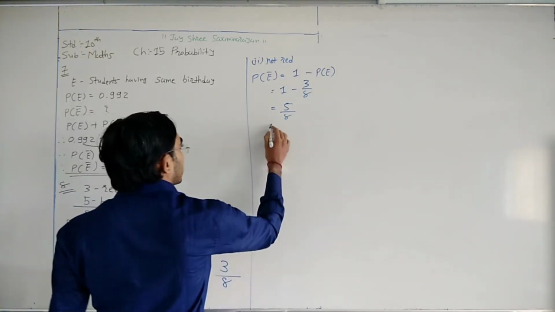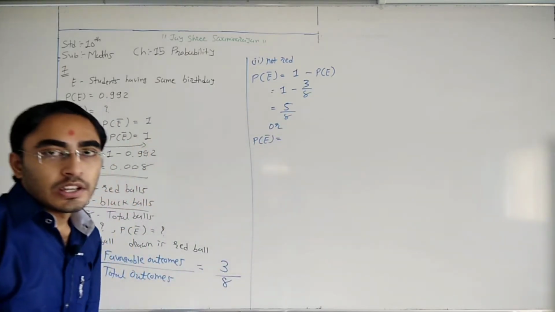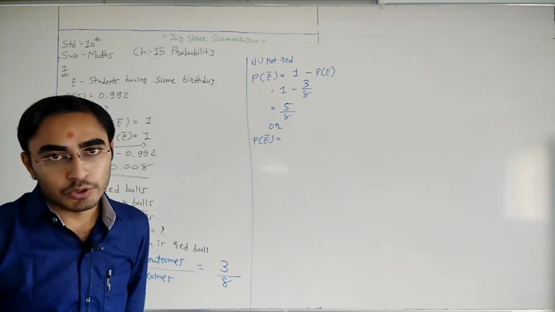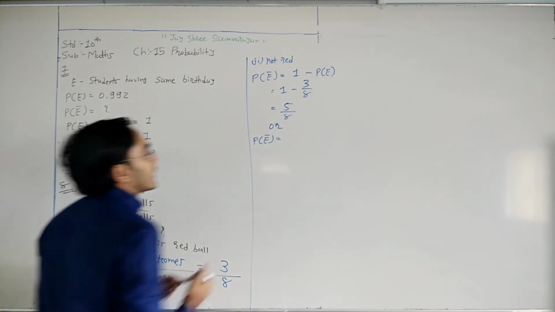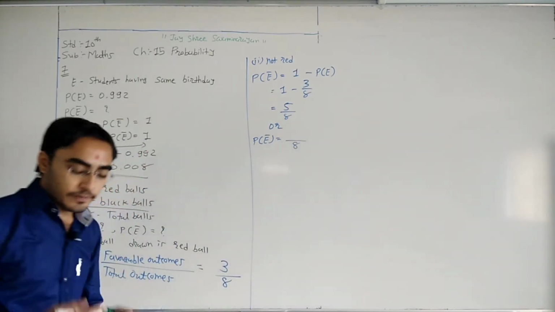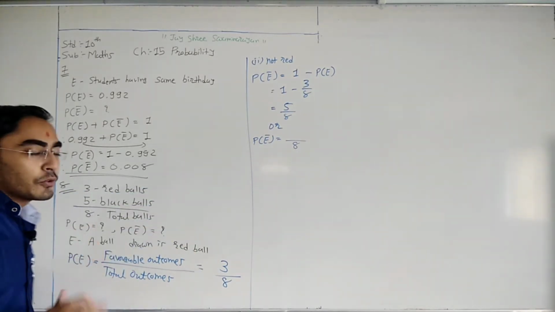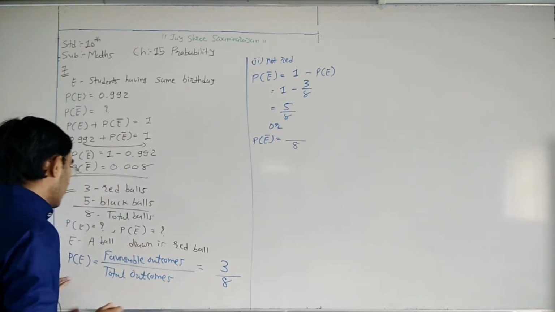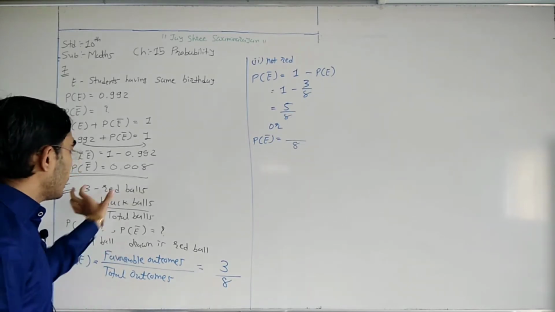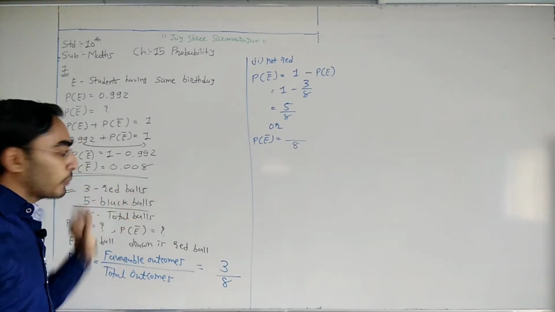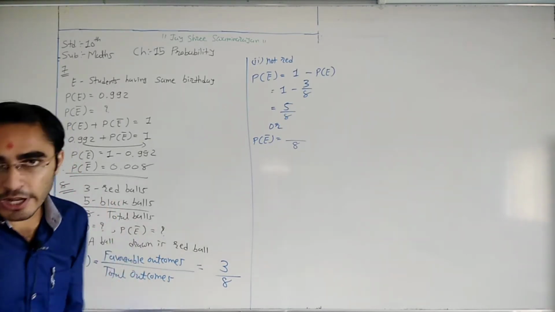Now second way, that means directly we can also think here. Again, favorable outcomes and total outcomes. Total outcomes it is fixed because total we have 8 balls. So in denominator we need to write 8. Now we need to find the probability for not red. Here we have red balls and black balls. If you want to find the probability for not red, so definitely it is black ball.